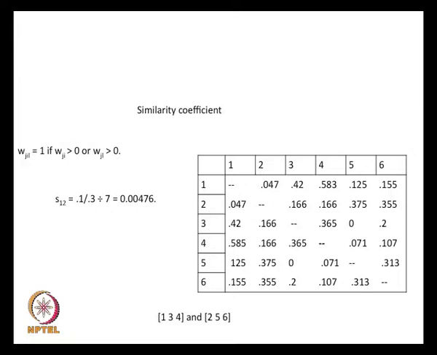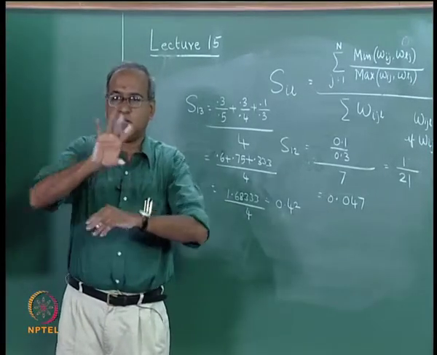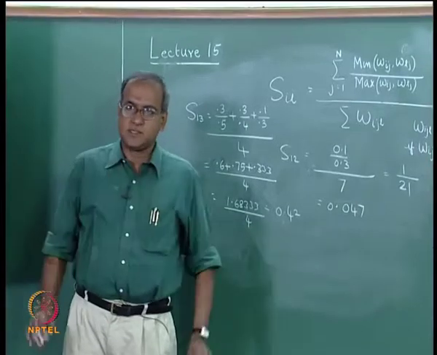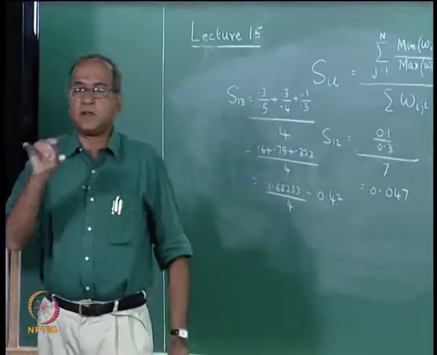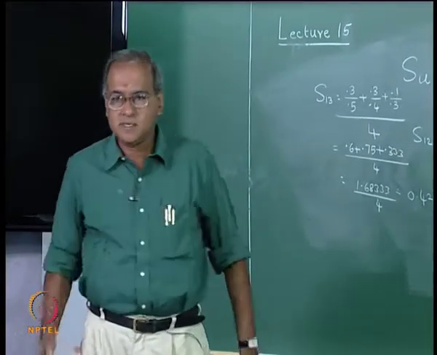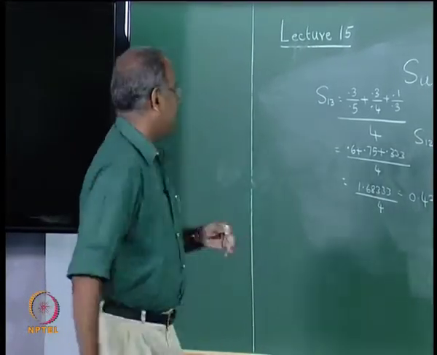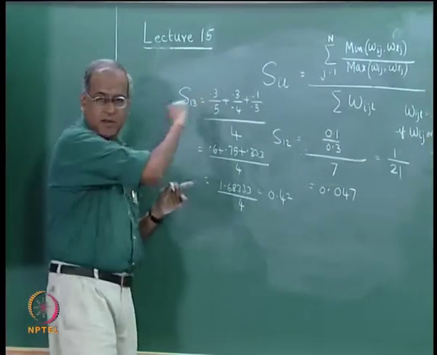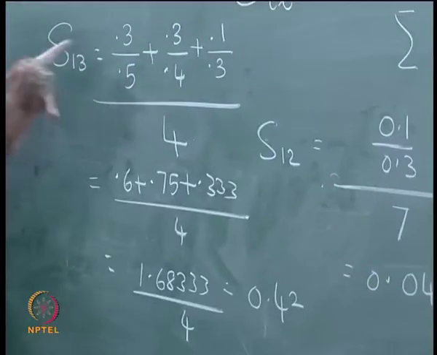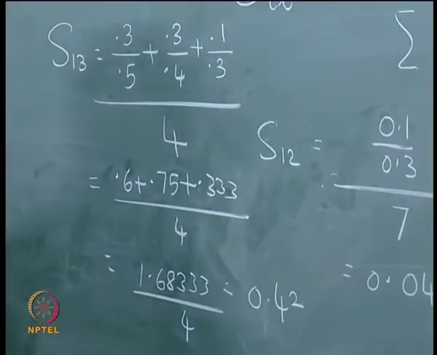Now the nice thing about the similarity coefficient is, again, it's like the Jaccard similarity coefficient with a slight difference. The numerator part, the contribution comes from the common parts, which is similar to Jaccard's. The difference of course is that each term itself has its own numerator and denominator, which comes from minimum by maximum. So, each of these terms is less than 1 and only the common parts will contribute, which is a very nice thing in this similarity coefficient.